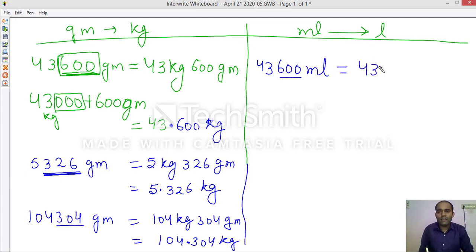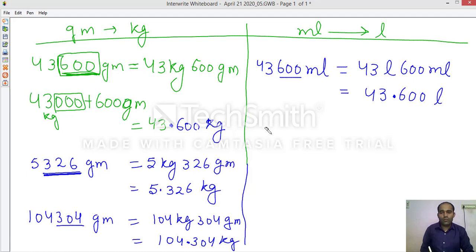So 43 liter 600 milliliter, or you can write 43.600. Before 3 digits one point will come and it will be changed into liter. So you will do all these examples yourself.